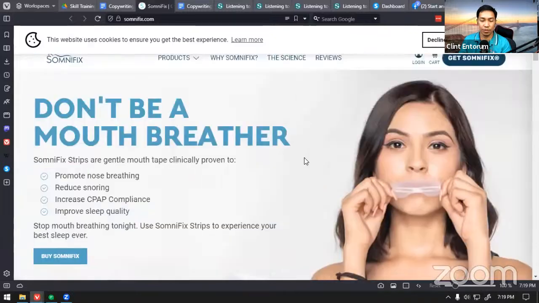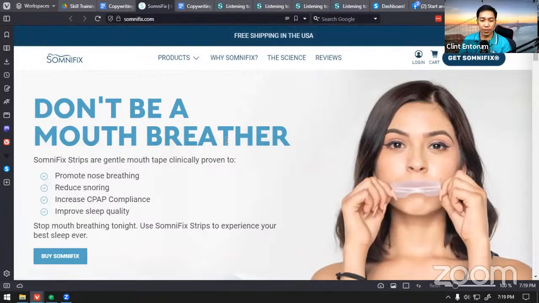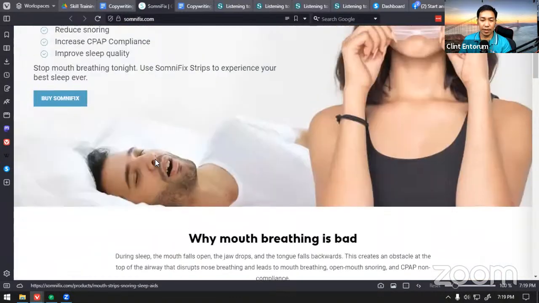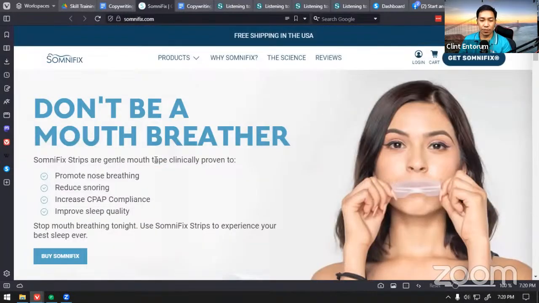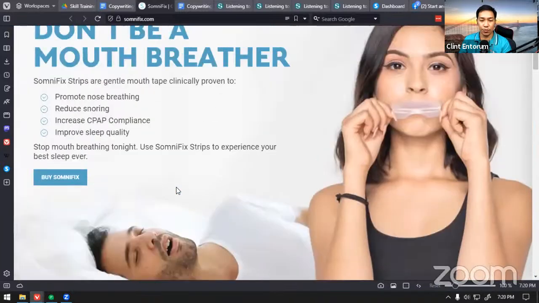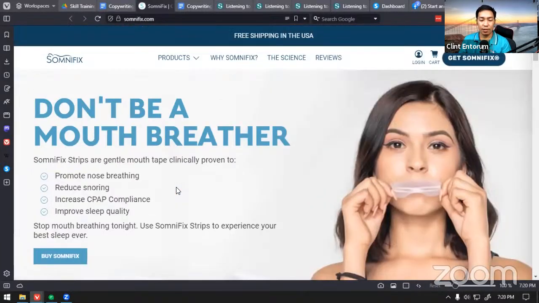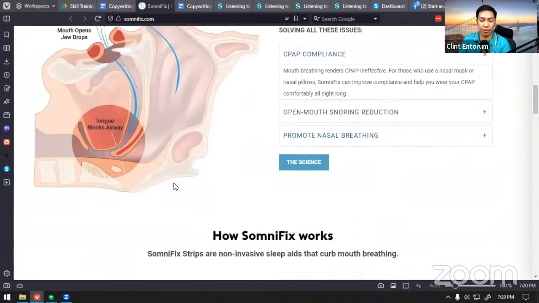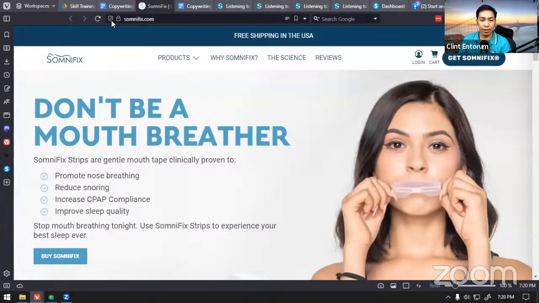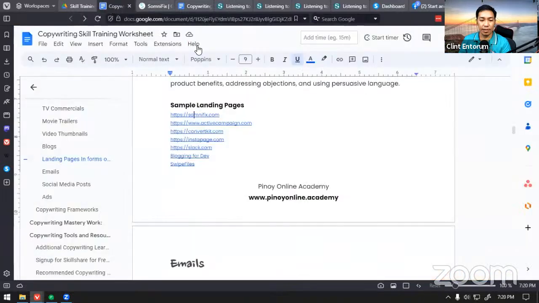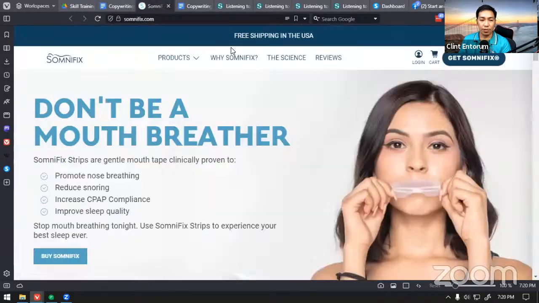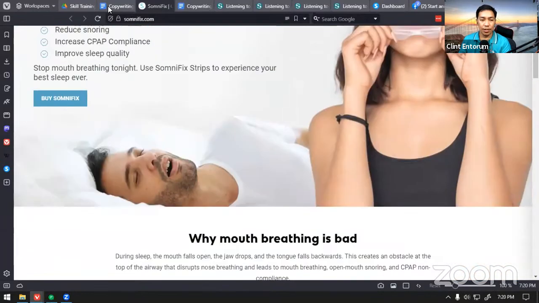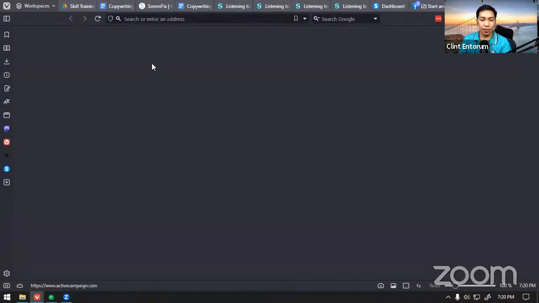So there's what we call skimmers. I am also one of the skimmer buyers. Once I know that this is a helpful product, then I will just skim it and read what's important that I want to read and what I'm looking for. So that's part of copywriting, that you need to put those details about the product that people need to know and understand. That is the purpose of copywriting in a landing page: writing copy that convinces people to take action. Okay, so here is another page.